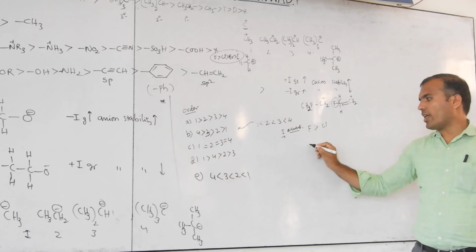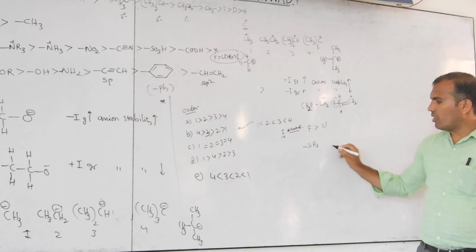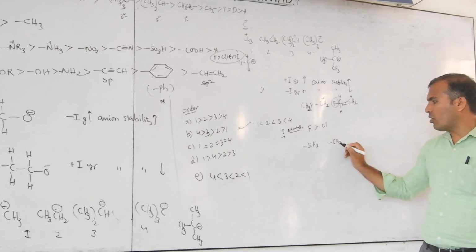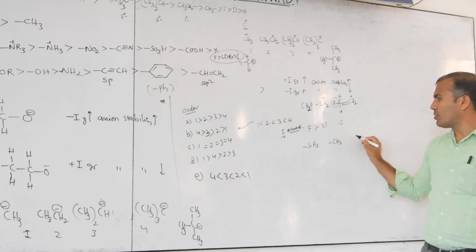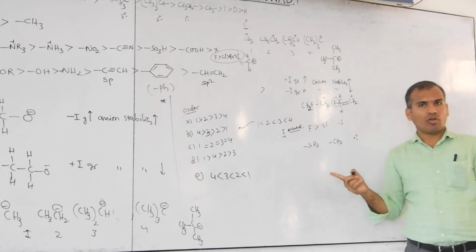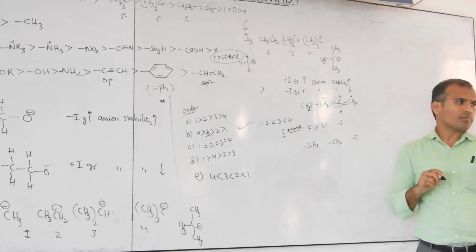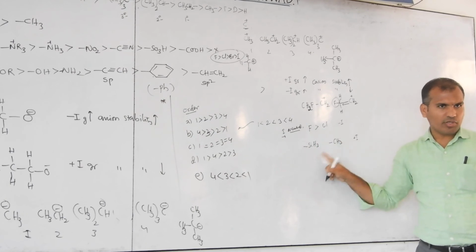Now take here SiH3 and CH3. It is based on the minus I effect. This is minus I. Now it is plus I. Which is more donor here? SiH3 more donor or CH3 more donor? How is it decided? This is neutral, this is neutral, this is also neutral, this is also neutral.